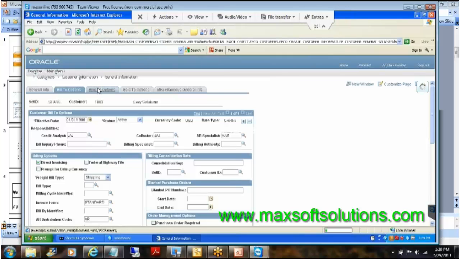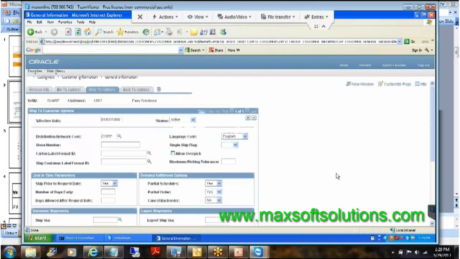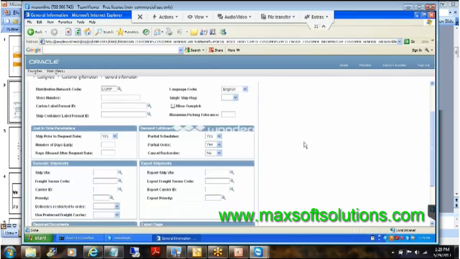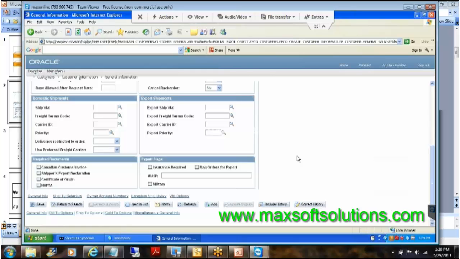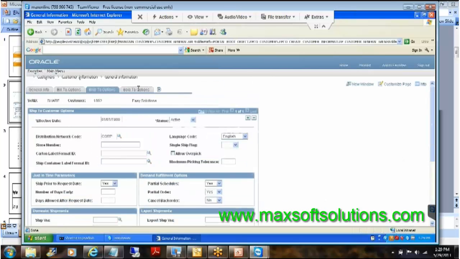Let's go to the next tab. Let's see any AR related attributes. And see any other